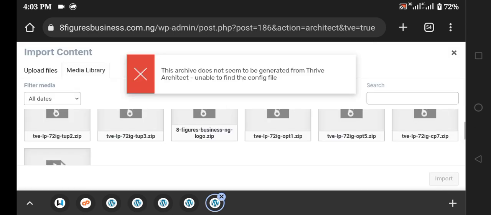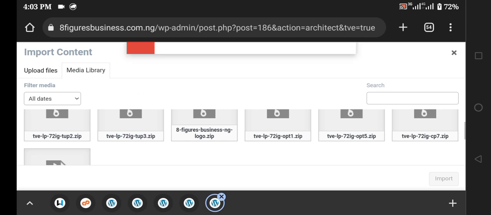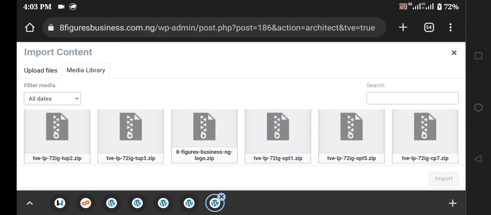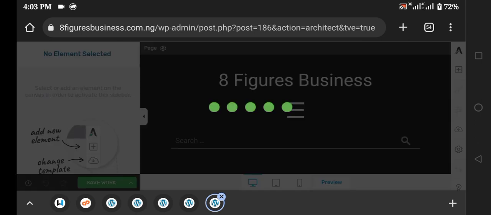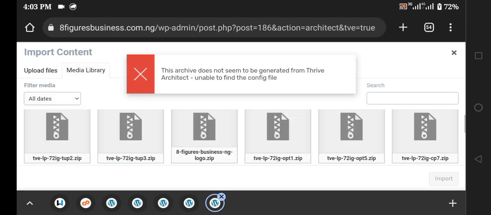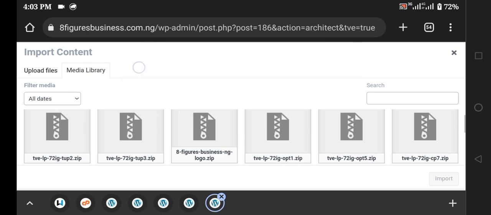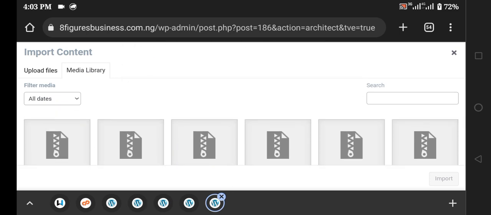So you have to choose a content that was designed using Thrive Architect as the plugin you're using to design your website. So all these plugins actually weren't designed using Thrive Architect. So I'll just